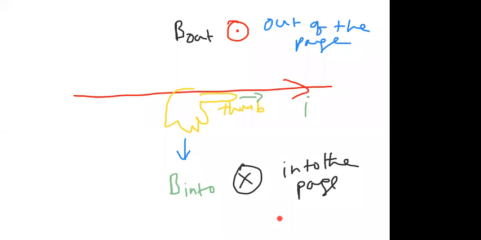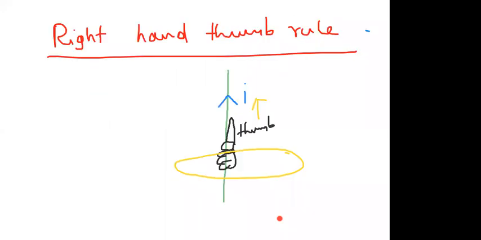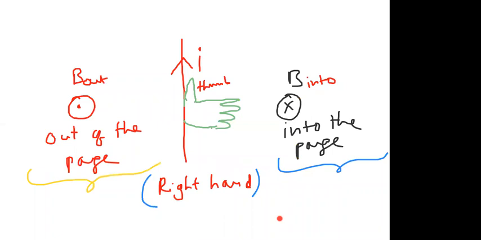In straight current carrying conductors, what happened? Basically the first rule is the right hand thumb rule. Thumb indicates direction of current and curl of fingers indicates magnetic field. What I told you is take the thumb in the direction of current, and remaining fingers are showing which direction? That is always the magnetic field inside direction. So thumb in the direction of current, remaining fingers always show magnetic field inside, that is fixed.